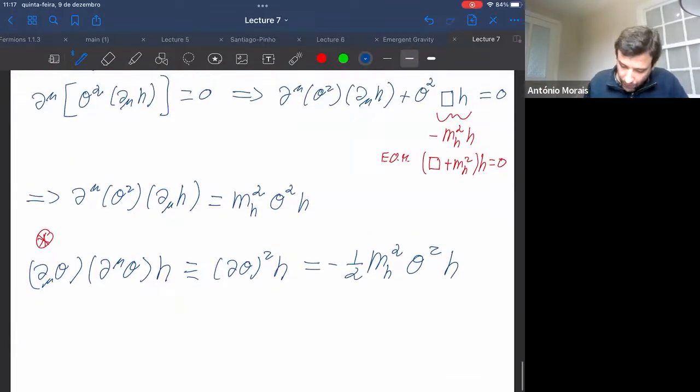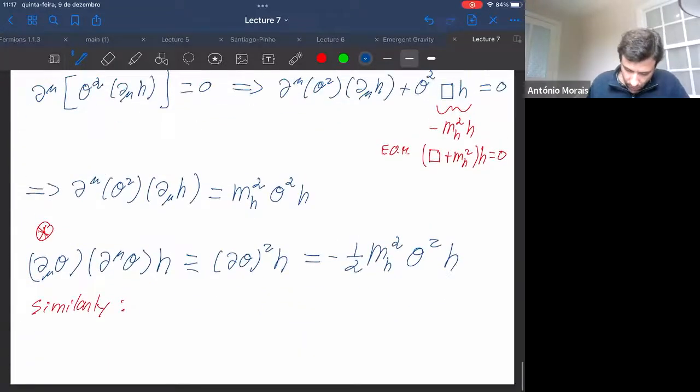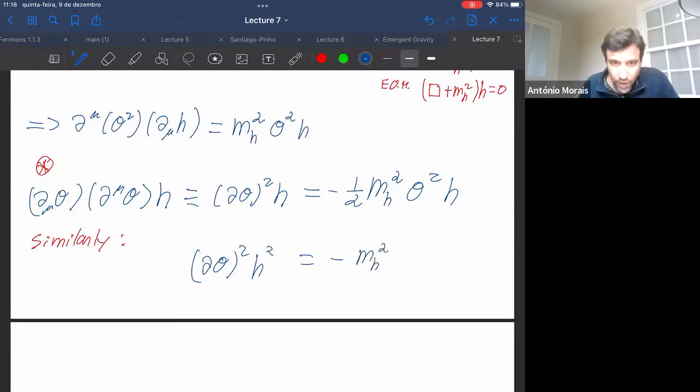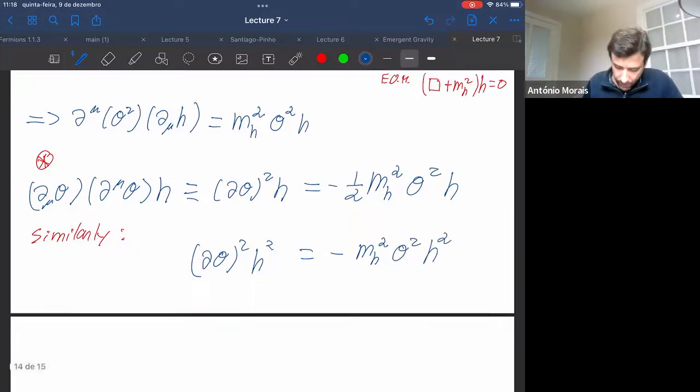And for the quartic, I'm not going to do it in detail. Similarly, for the quartic interaction, we get that d theta squared H squared is equal to minus mh squared theta squared H squared. So finally,